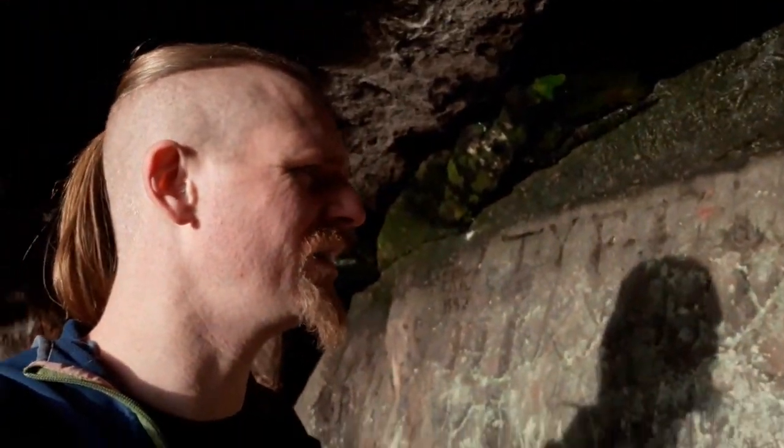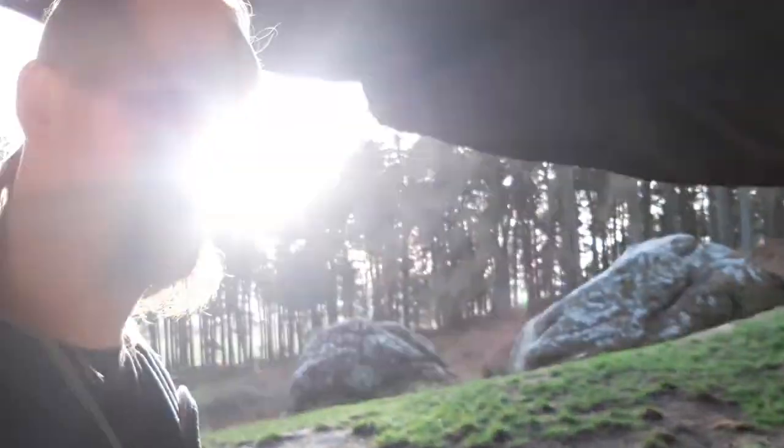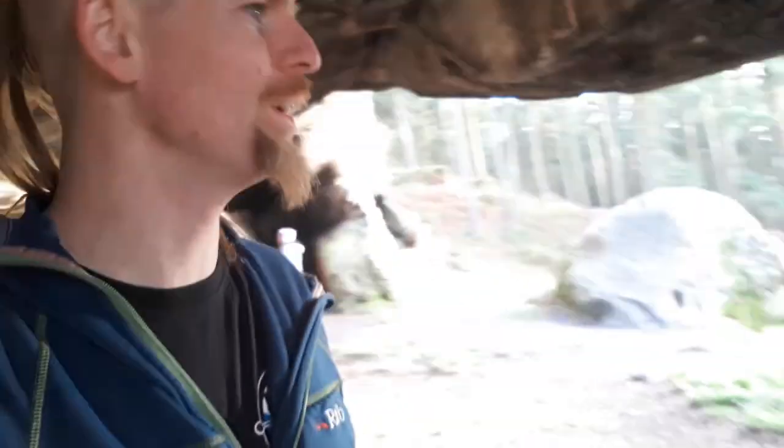No, 200 years ago. Plus, somebody thought it was worth coming here and carving their name in the stone. And then next to it is 1786. 1864. Another incomplete 1819. There's 1849. I mean, if you were inclined to and you could catch light just right, you could come up here and spend a day just reading the names of